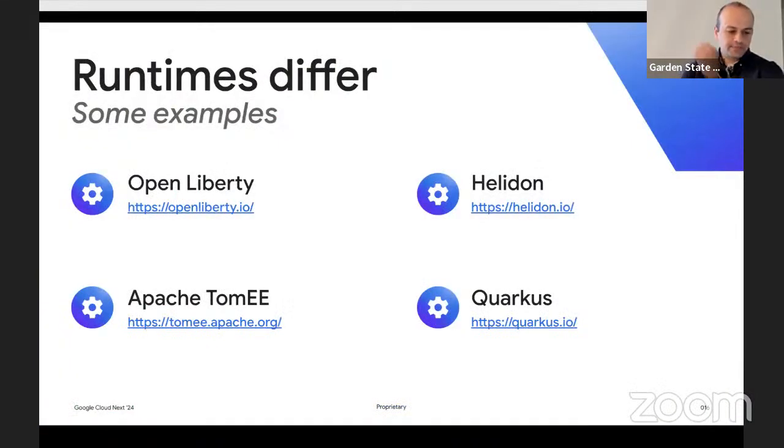Okay, first of all, I want to talk about different runtimes. For the stack that I've mentioned, we have a lot of choices, because remember I told you it's a specification, not an implementation. Implementations do differ, and they make quite a bit of change to what you're running. I've been doing quite a bit of experimentation with some of these you see here on the screen and also some other runtimes. I ended up with quite interesting results because I would get the exact same Java code and Java application, with exactly the same Jakarta EE and MicroProfile stack and all that. Nothing changed except